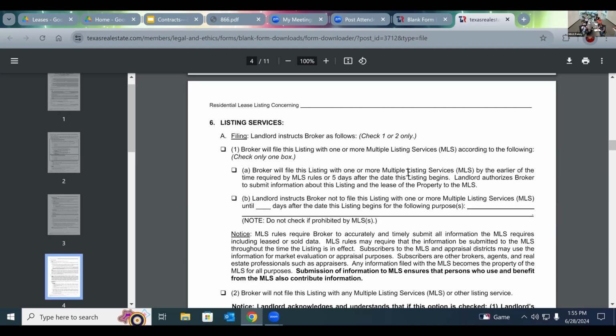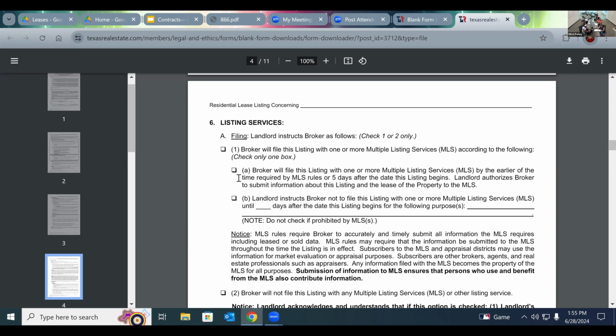Oh, 6 is when are you gonna start marketing the property? But like I said, I did it today, but we don't wanna start marketing until July 15th for everyone to move out. Now I check 1B. 17 days. So you wanna do it on July 15th. Why? Move out and make ready. Now, if they're going to put it on the market right away, you're gonna check